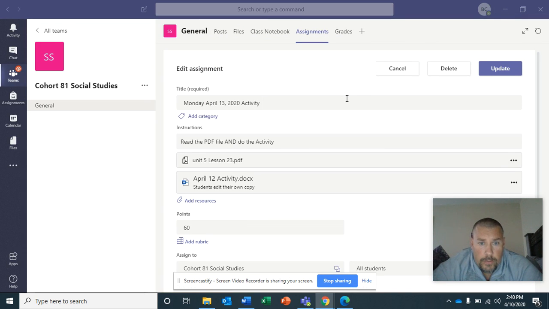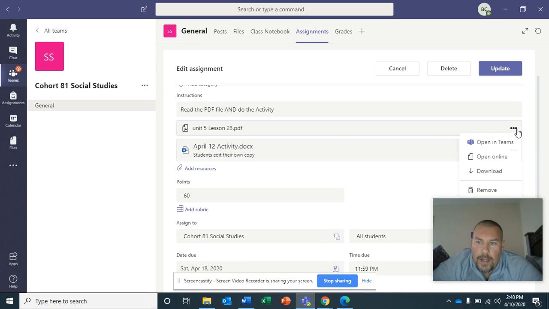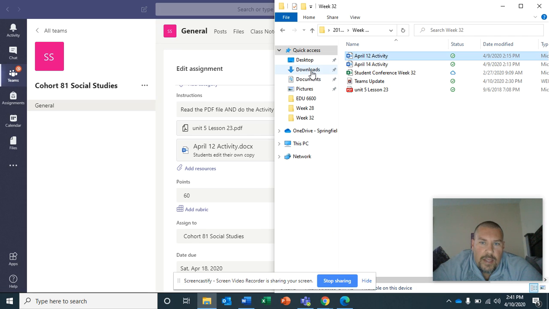One other thing I want to show you is how to do a split screen, so you can have an article up and the work up at the same time and you don't have to flip back and forth between windows. For Monday's work, where it says Unit 5 Lesson 23 PDF, you're going to click the three buttons over here and actually download it. Once you download it, it'll save into the downloads folder. So you'll click on the downloads, you'll open it,